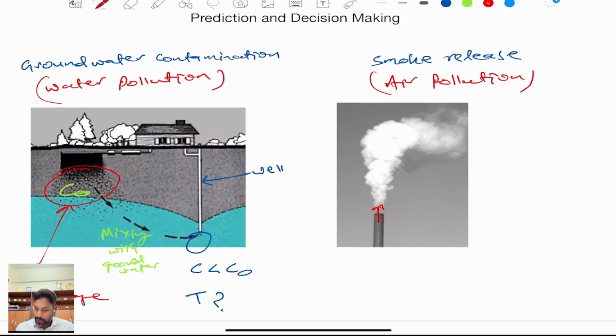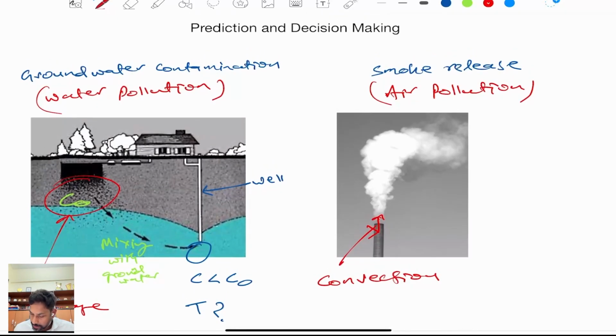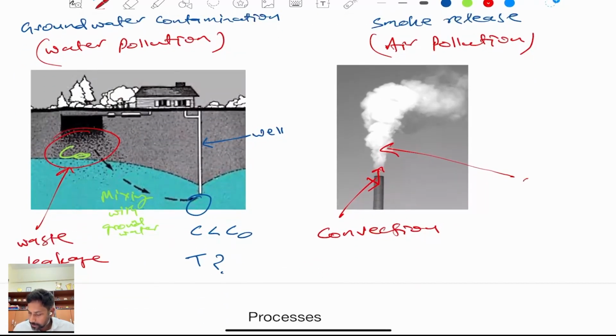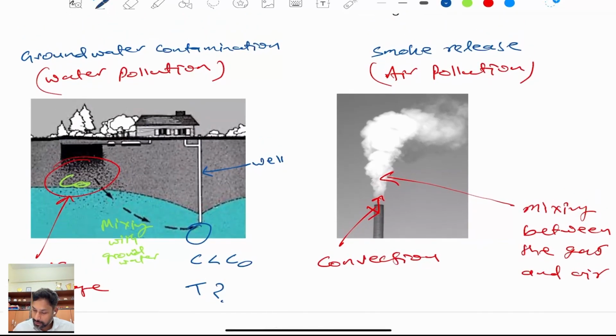To look at it very quickly, there is this convection happening, and then there is mixing between the gas and air, and then there is flow happening which is turbulent in nature, and then there might be